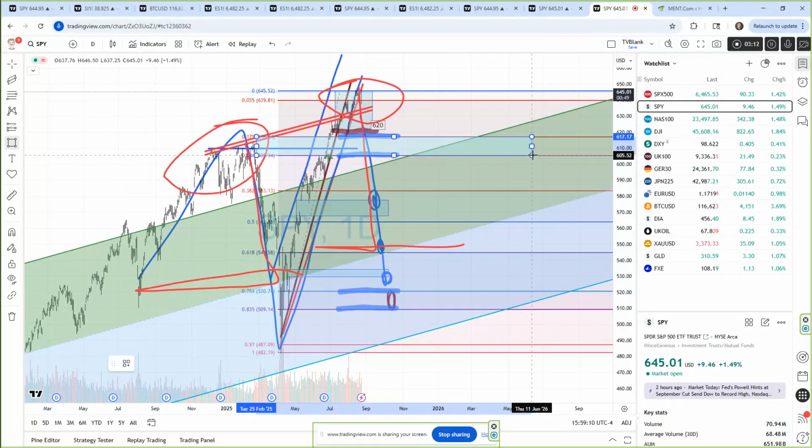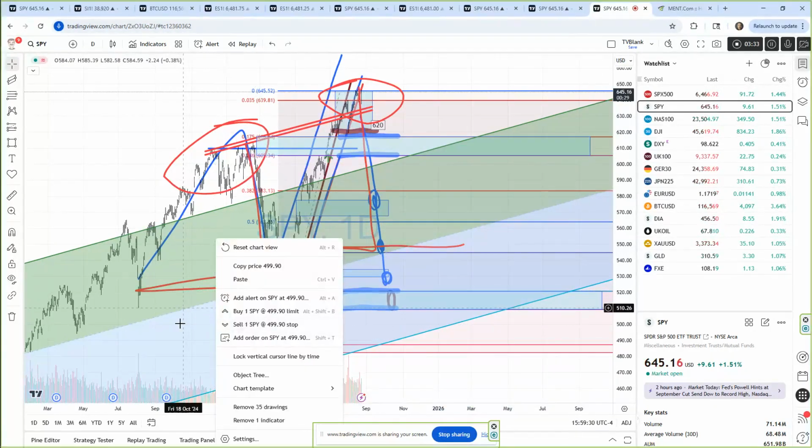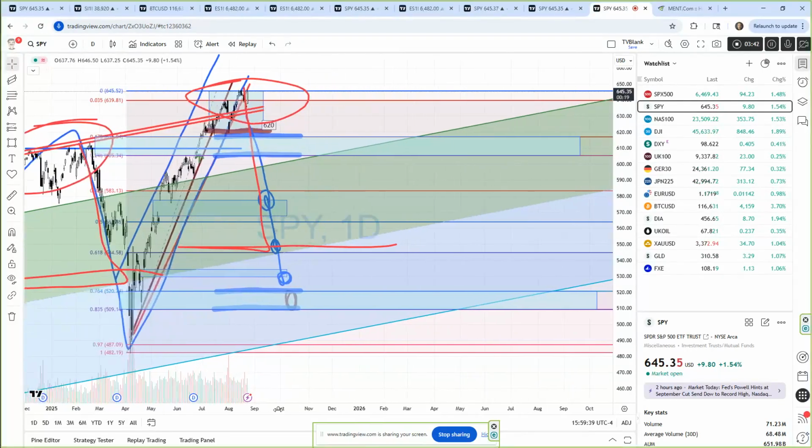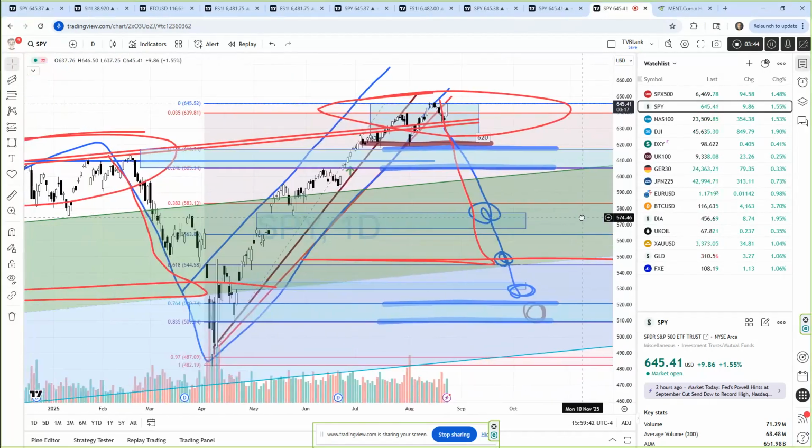So I like to use this 0.175 to 0.246 level as the defense zone. And of course, this 0.764 to 0.835 defense zone down here. Talked about that in the last video. So those are the areas that I'm watching on this bigger, broader daily chart to indicate a potential breakdown in trend. Now, Powell came out with comments today, sending the market higher.